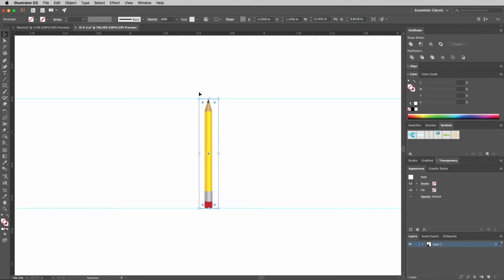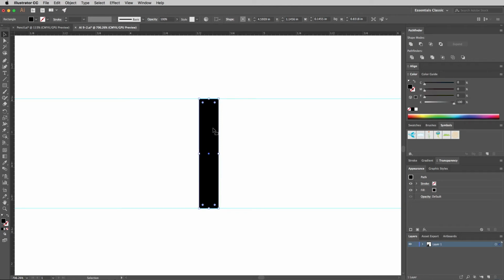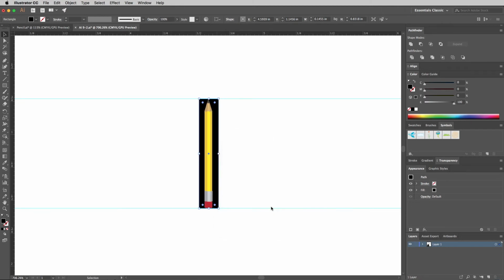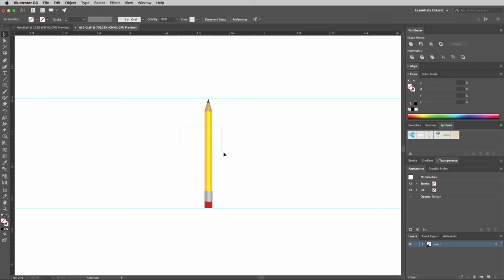So if I undo that and fill this with a color of, let's say, black, now you can see that it's on top of the pencil. So I can right click and choose Arrange, Send to Back, and then take that fill out. Once you have that done, you can highlight by clicking and dragging across both the invisible box and your pencil,